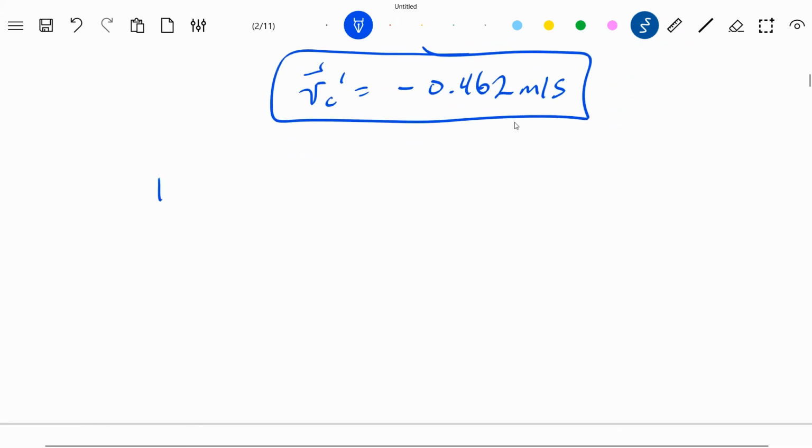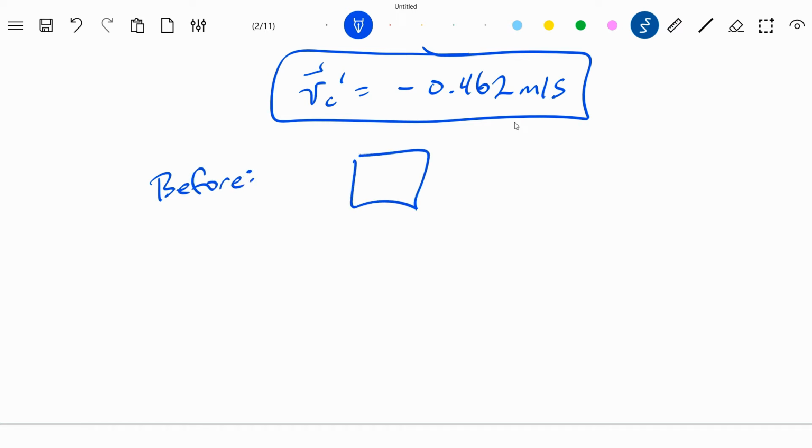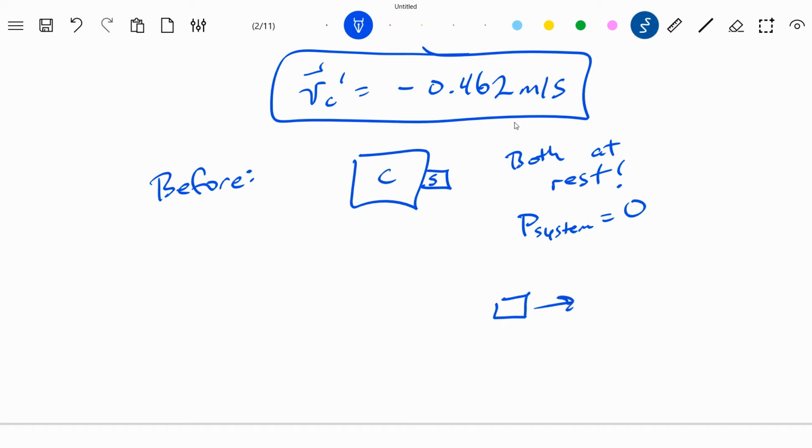Let's visualize this. So before she fired the sphere, it was basically this. Here was Charlotte just standing still, and let's just visualize the sphere as another little box. So that was the sphere, and they were both stationary, both at rest. So this was initially. So what is the momentum of this system if they're just standing still? Easy. The momentum of the system is 0. Everything's standing still. Then she fires the sphere, and as a result, the sphere goes flying off to the right